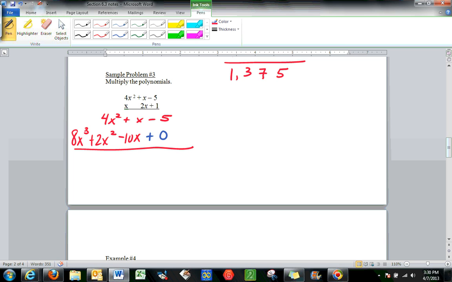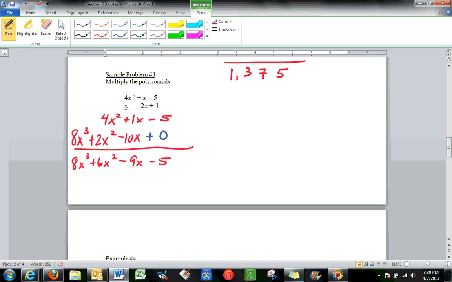Don't forget your exponential properties. When you're multiplying a variable times a variable, you add the exponent. So x times x squared is going to give us x to the third. And now that they're stacked on top of each other according to common terms, we just combine the like terms. So -5 is going to give us -9x, because that's an understood 1. It's going to give us positive 6x squared, and then 8x to the third. And there's our final answer, multiplying the polynomials in a vertical format. So just like your old 3rd and 4th grade multiplication, you can multiply